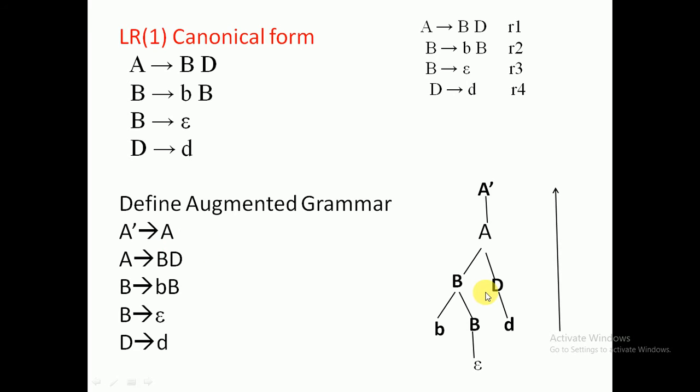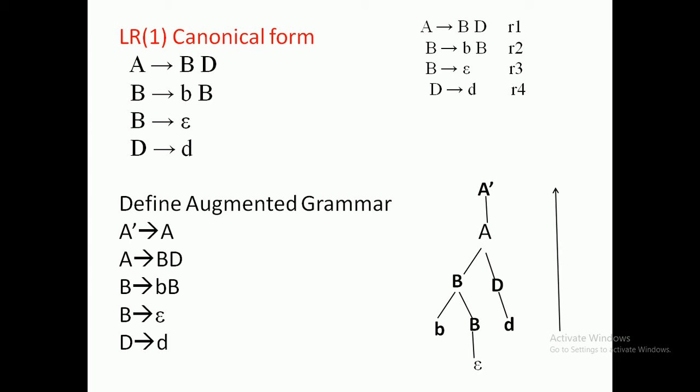The meaning of augmentation is that the moving of the parse tree will start from the bottom to the top direction. You are at the bottom and you travel towards the top side, and you will reach the start symbol. We visit the start symbol, and we should reach another point. That point is nothing but the augmented symbol. Then only can we say it is a complete visiting of the parse tree. This augmented symbol should be defined for LR(0) as well as the LR(1) canonical form.